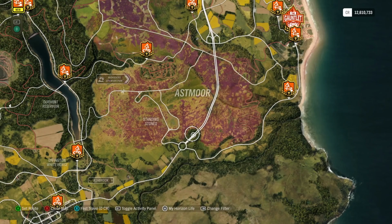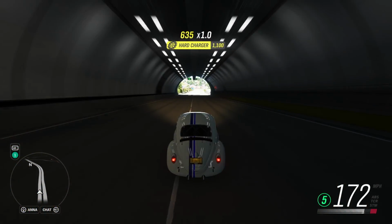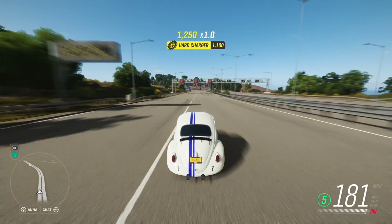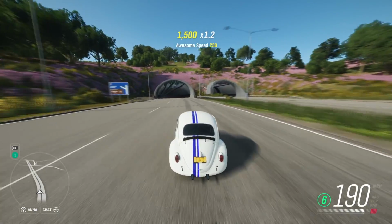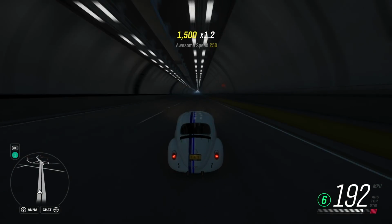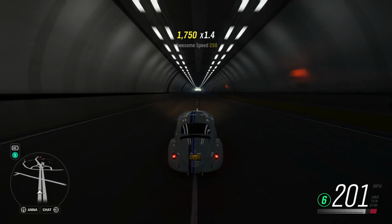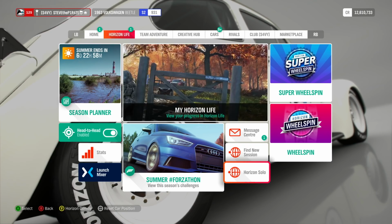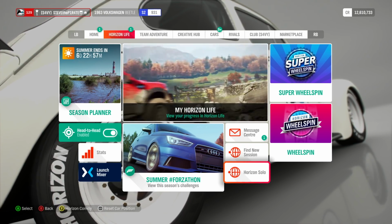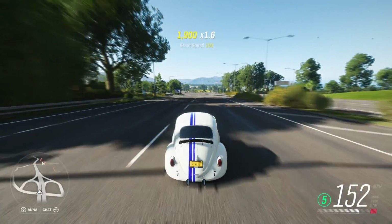And to perform this one, I recommend travelling to either end of the motorway. If you haven't already seen my Daredevil skill video, a Daredevil skill is a near miss, followed by a near miss, followed by a near miss, in quick succession in the same skill chain. So you need to look out for some AI cars which just don't happen to be spawning in right now. So before you start to do these, I recommend getting into a Horizon solo session. This will make the AI cars spawn a lot more frequent,